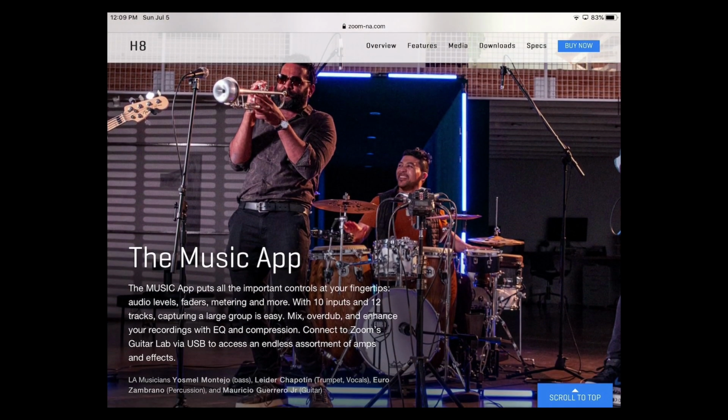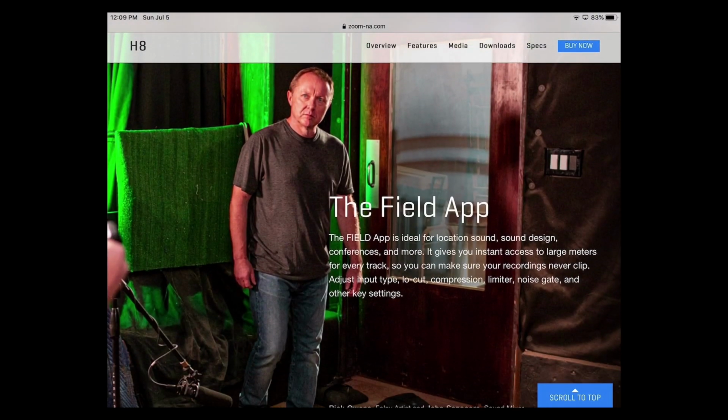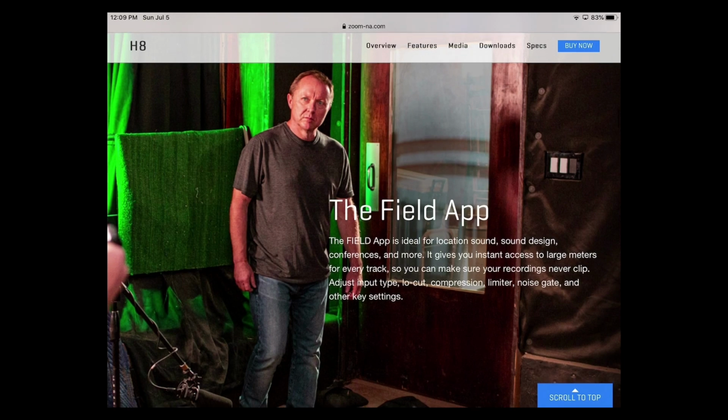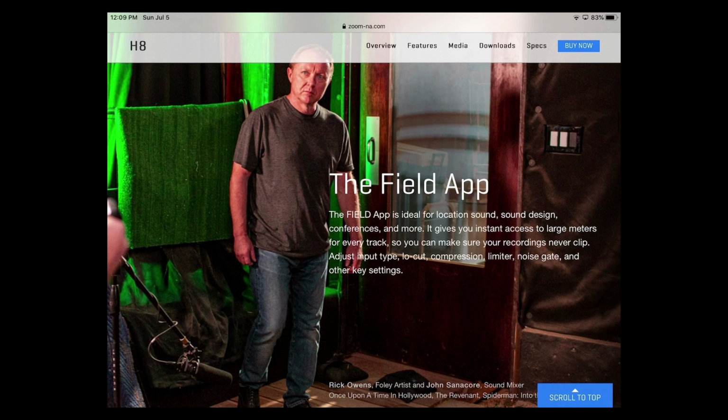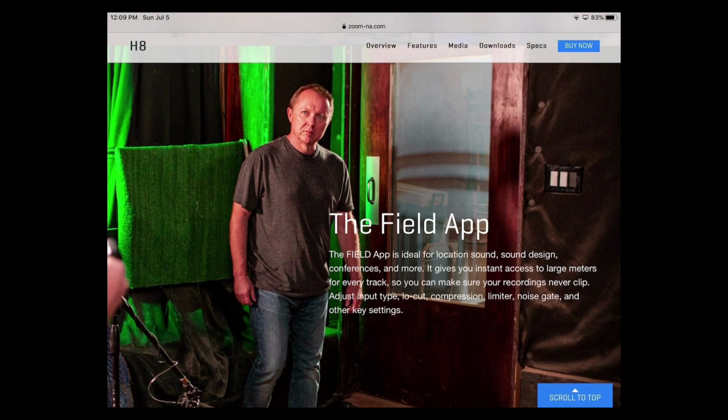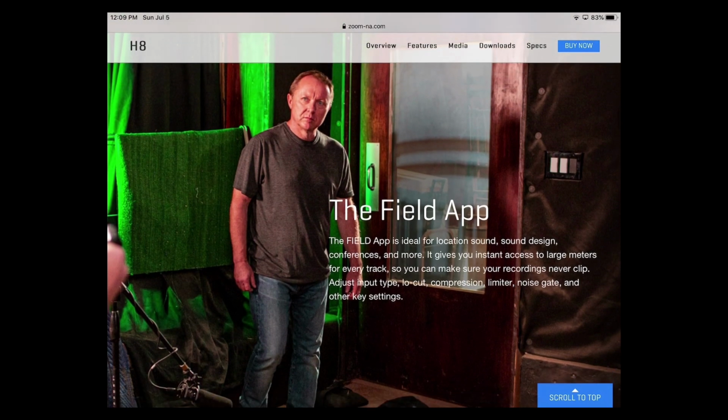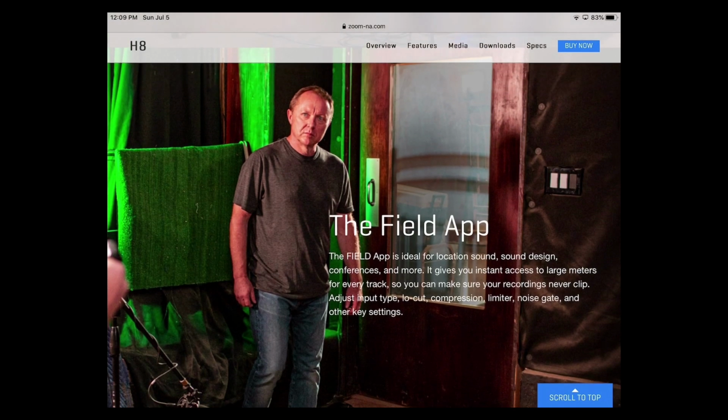Of course, there's a music app as well, and then there's also, for the field app, they actually highlight a Foley artist here, namely Rick Owens. And so I thought that was interesting that rather than focus on dialogue recording, they focused on Foley. And I think really that actually probably makes sense because